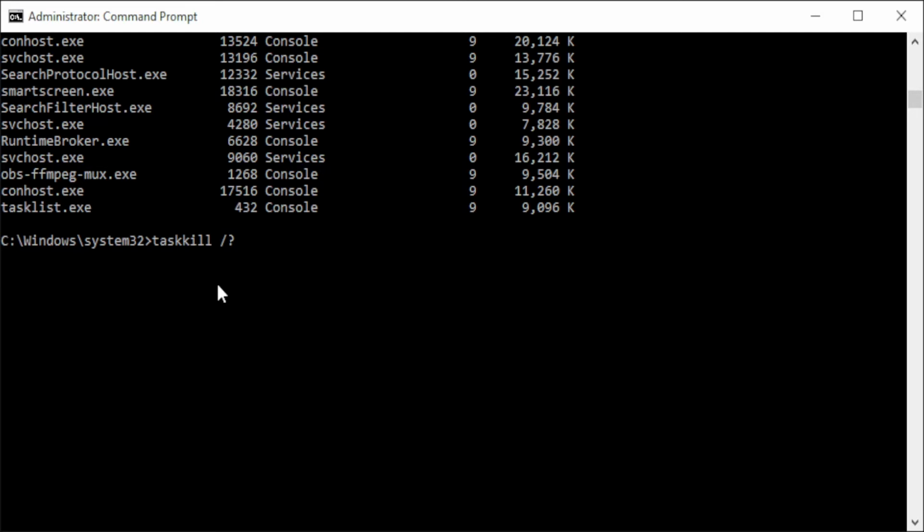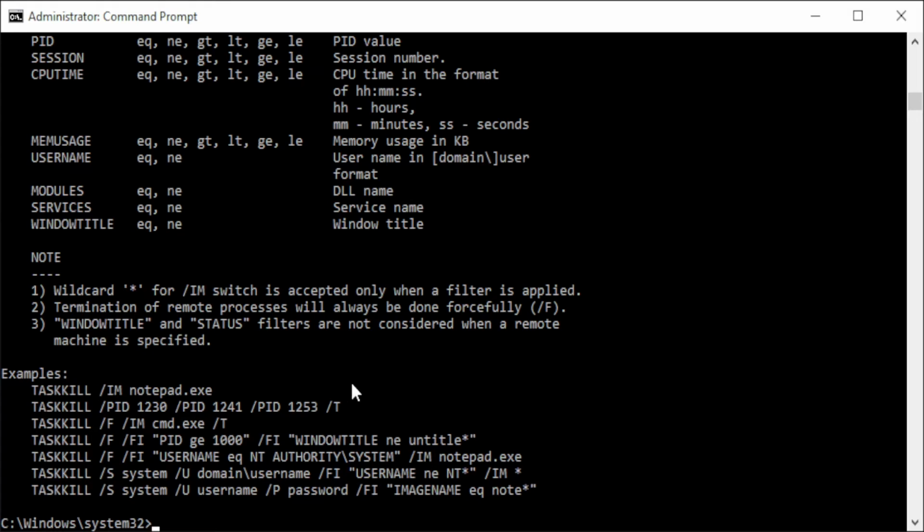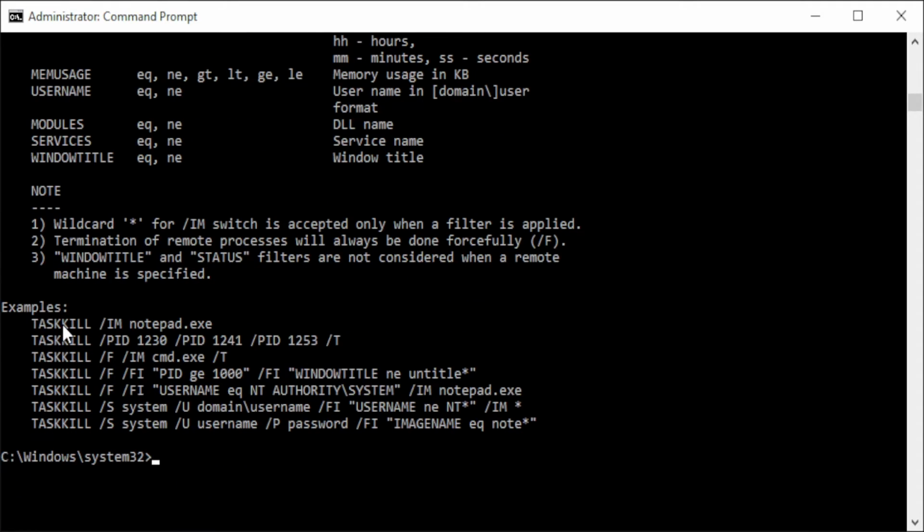And I don't want to kill anything, so I'm just going to do a /?. And what this is going to do is give me the exact examples of what you can do with taskkill. So you can do taskkill and then the argument /im and then the executable. I like doing it by the PID number, just to make sure that you're getting the correct